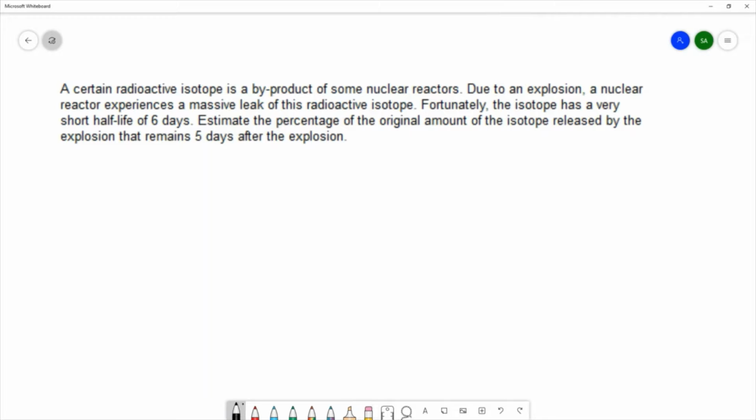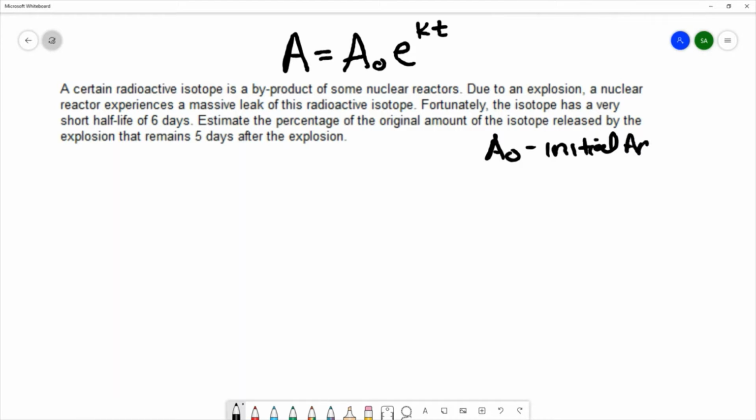So we're assuming here that we're dealing with another exponential growth and decay model. So we're following this model, A equals A naught e to the kt, where A naught is the initial amount, k is the growth or decay rate, and in this example,